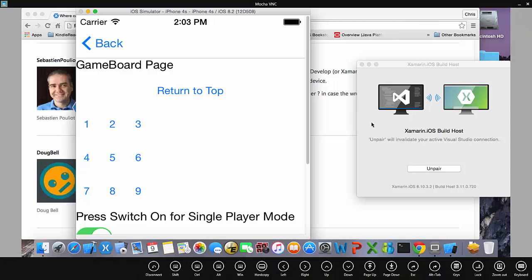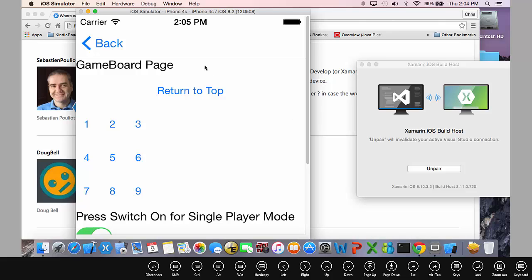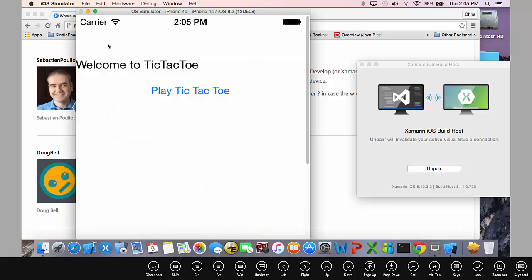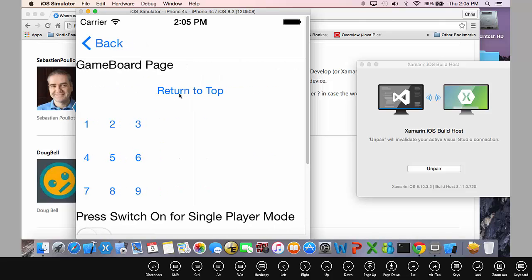I'm remoting into my Macintosh, and I'm running a Xamarin.Forms app. So this is a simple user interface using Xamarin.Forms. What I did here is I have a button that uses navigation page, and it pushes the next page onto the navigation stack. And here what we have is a grid view that has some buttons,